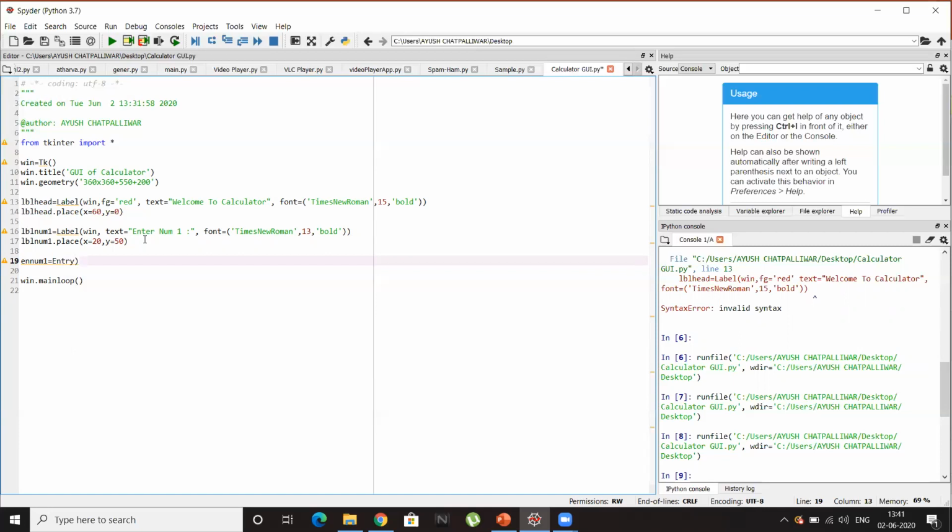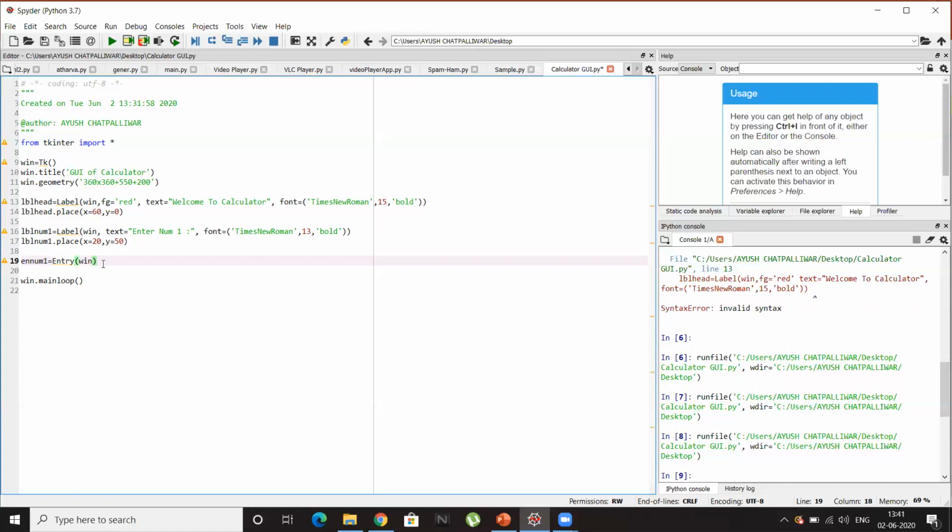Oh sorry, Entry function. And here we'll need to give the window object, similarly as we gave it in the label: win, comma. We don't need to give the text, so it's fine.